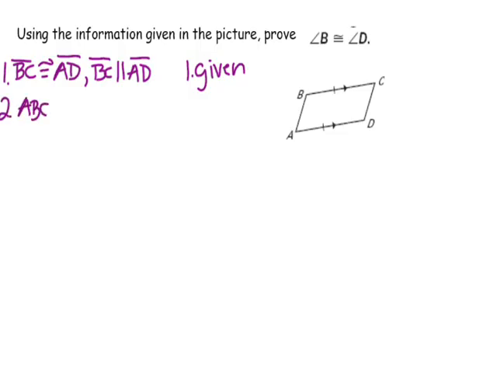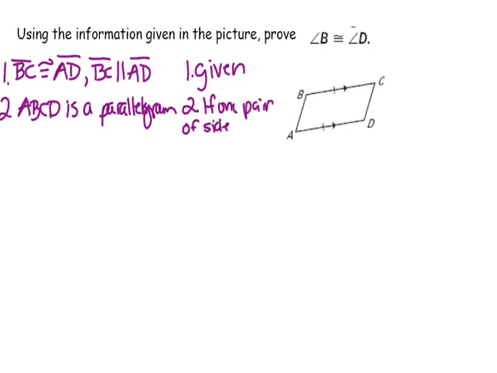So ABCD is a parallelogram. And my reason for that is if one pair of sides is both parallel and congruent, then I have a parallelogram. All right, so that's how I'm going to abbreviate it. So if one pair of sides is both parallel and congruent, then a parallelogram, which means that, I'm going to